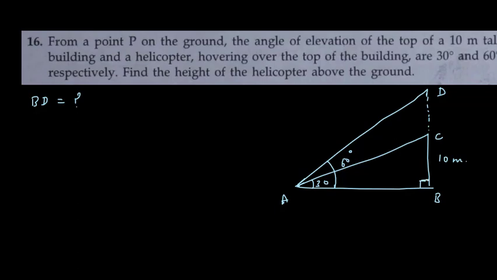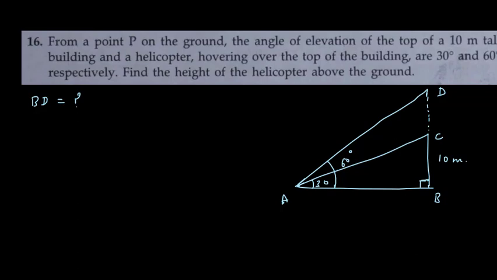Again this problem is somewhat similar to the previous problems. Now here, to find this CD height, actually BD you will get once you know this CD, and to know this CD you have to find this whole BD, and to get this BD you should know the value of this BA. So you have to start first by checking how you can calculate the value of AB.